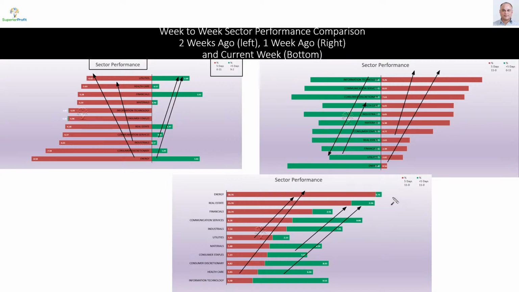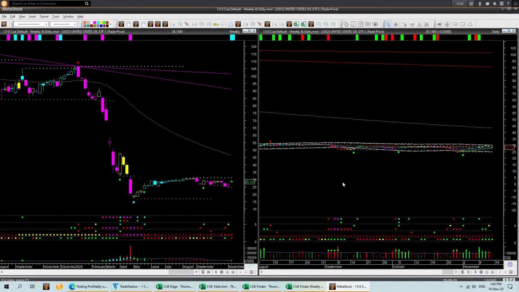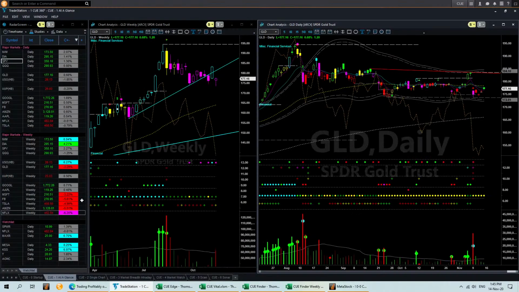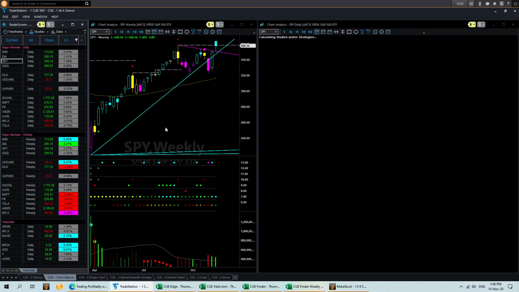Sometimes you may get used to looking at this chart. So this picture is showing that it is not flip-flopping in the current week. It became even stronger. So if we look at Q edge in this way, sector level, industry level, across all the periods, it is very bullish. However, when I look at the market ETFs or futures, let's look at the USA market now, and let's use Q elite on trade station for the market ETFs. If I look at SPY,